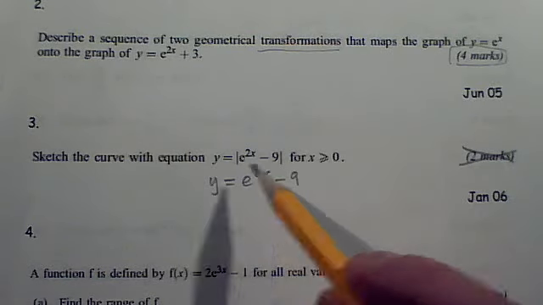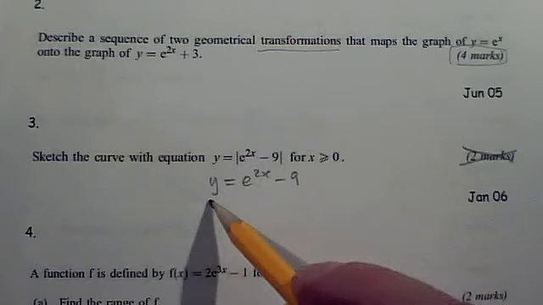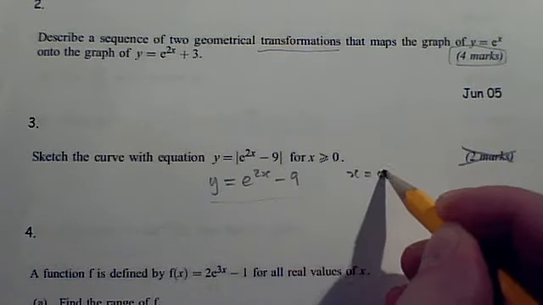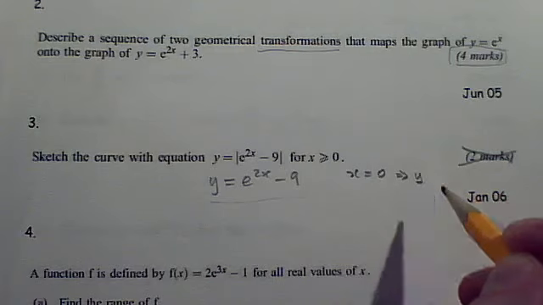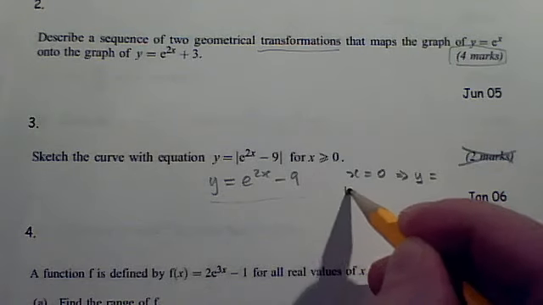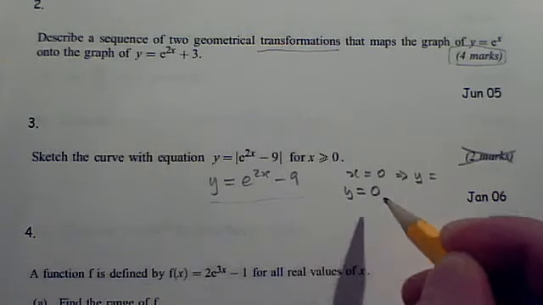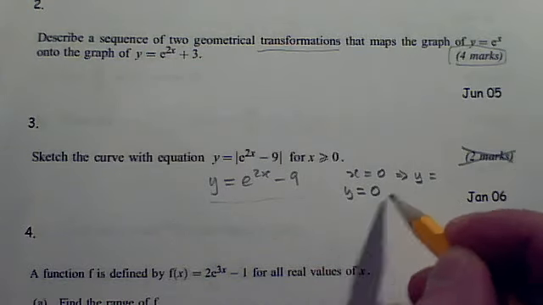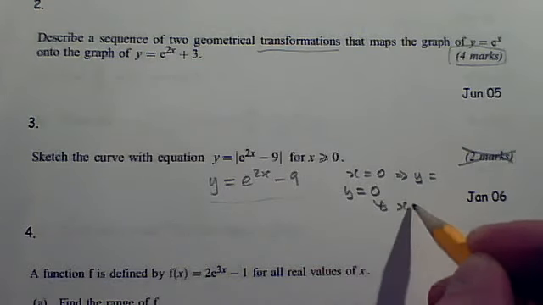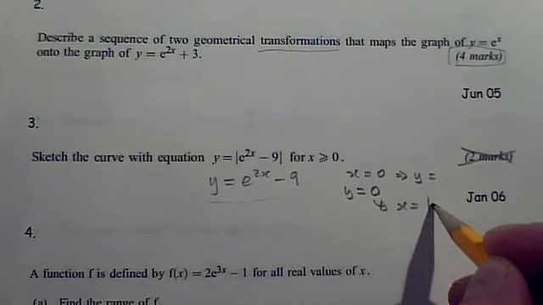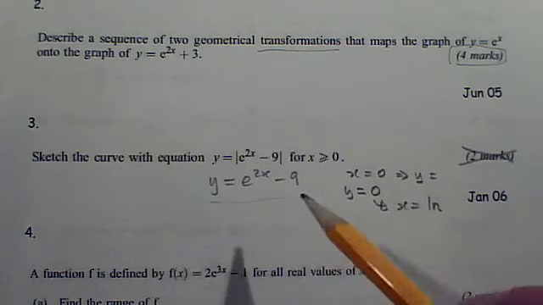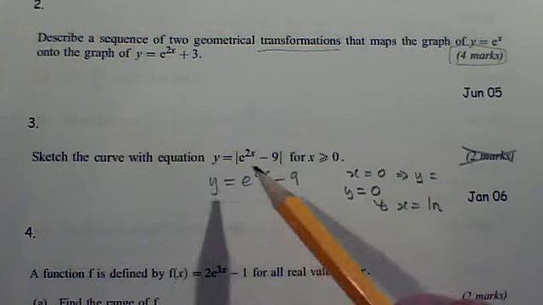So first of all, ignore the modulus signs from the graph, sketch this, think about 2 transformations, but also take x equals 0 to find the y-intercept, and also solve y equals 0 to find an x-intercept, which will come out as, when you work it out, x will turn out to be something involving a natural log. So get the x and y intercepts, sketch the graph, the shape should be clear, you should transform an ordinary e to the x graph,